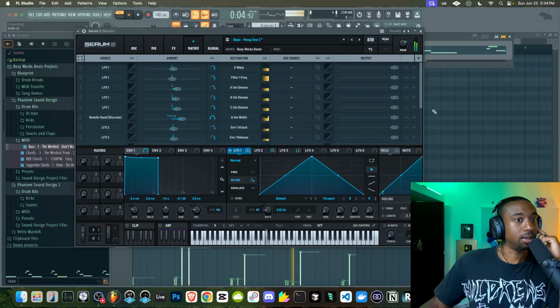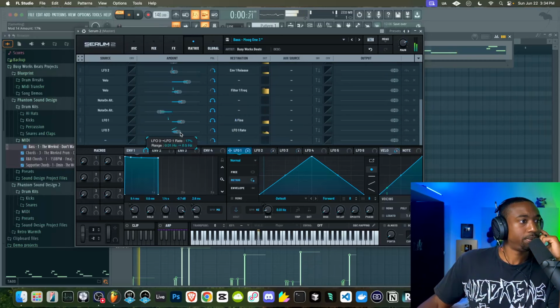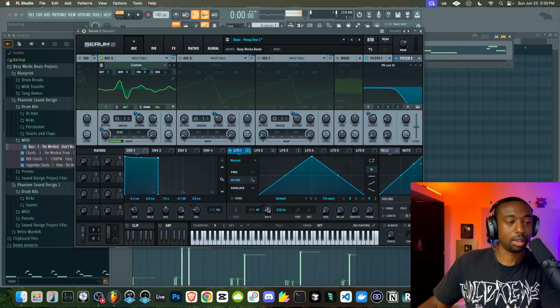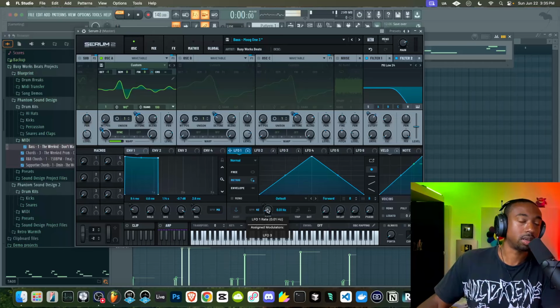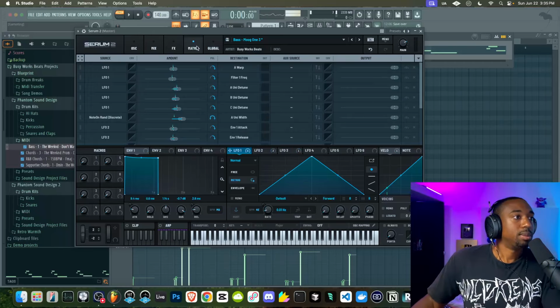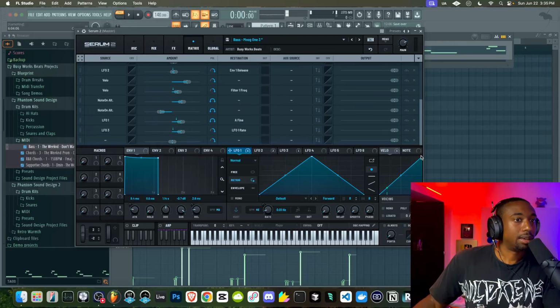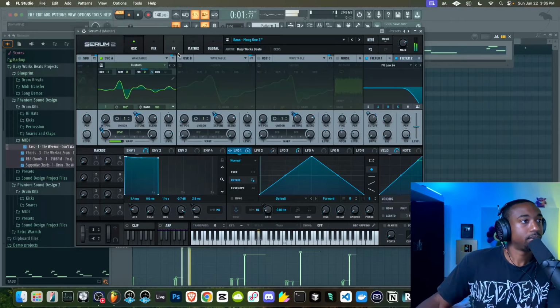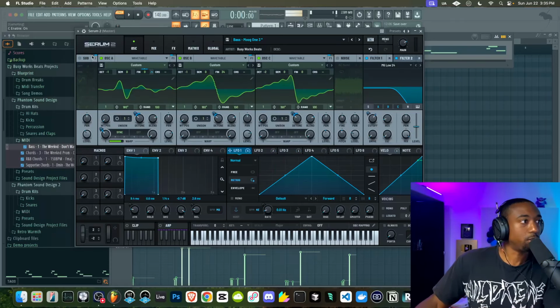Let's make sure the matrix still has it at 3 hertz. That's the max value. So now the range is a little bit more obvious. Hopefully that makes sense. So it's not going like that anymore. It kind of goes fast and slow. To make this less apparent though, we're going to pull this back down because the range is a little too wide. So it's just adding a subtle pitch change.